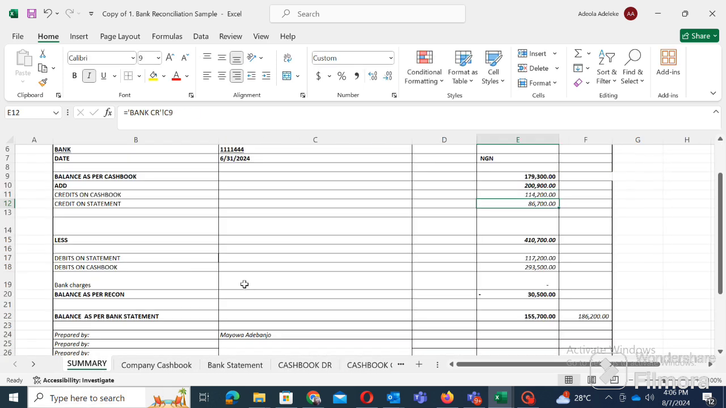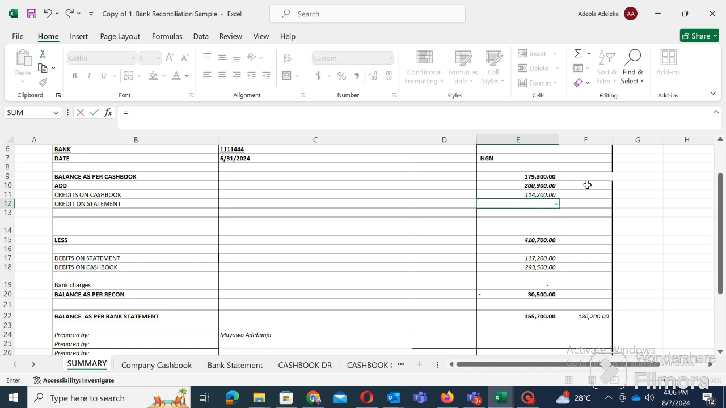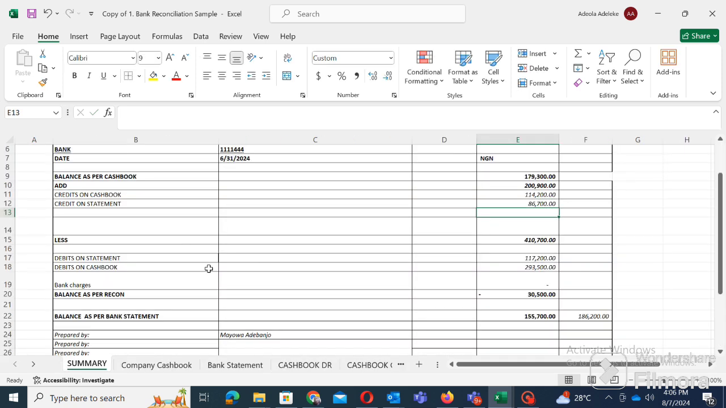Just trying to look for where the error is coming from, because I'm having a gap of 186. So before you even start your reconciliation, you need to do your summary on your summary sheet. You can do it whichever way you want. Then